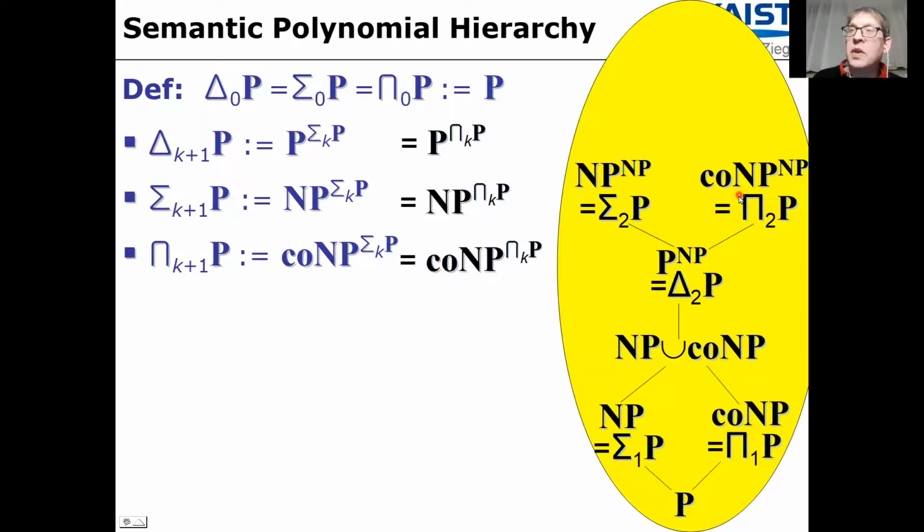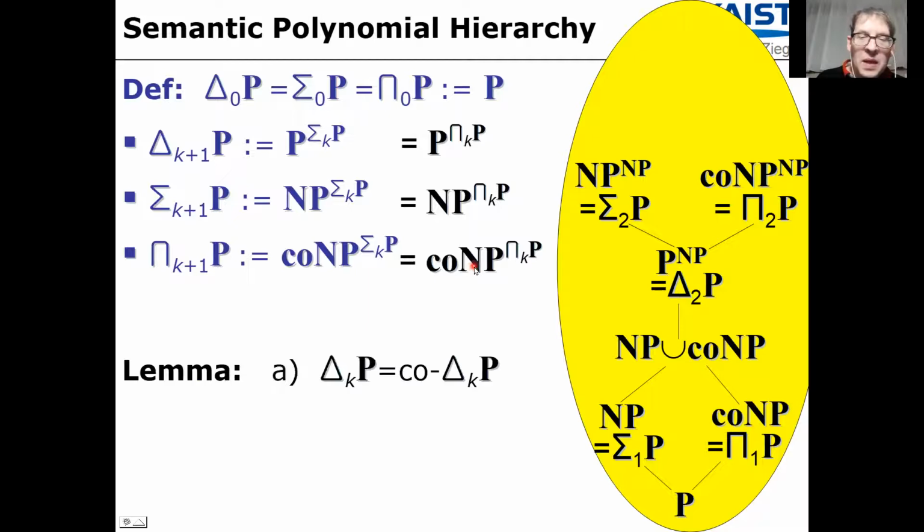We're not going to do that here in the lecture. Maybe that's going to be a homework. But we're going to collect some properties of this polynomial hierarchy. First observation is that the deterministic classes, the delta classes, are all closed under complement, which is kind of obvious,